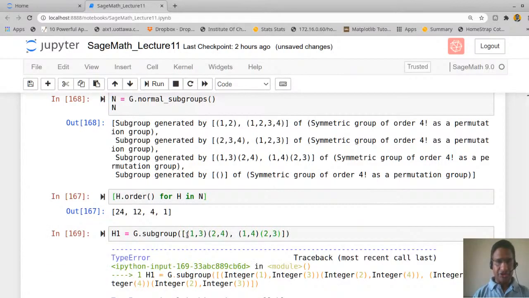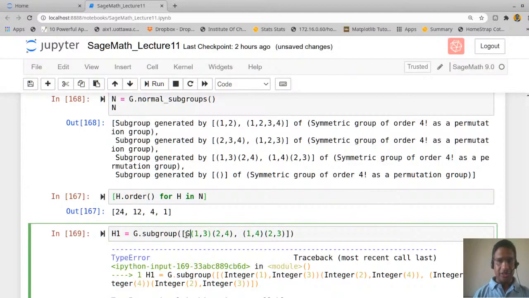Now I have to say G, and then inside the bracket I need to give inside single quote, close the bracket. Similarly G, and then bracket, put it in single quote or double quote.